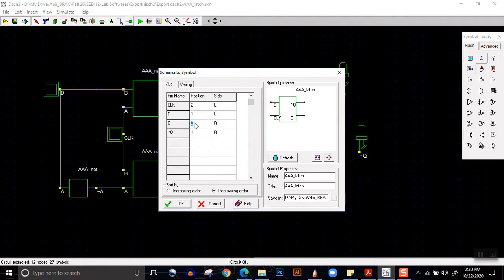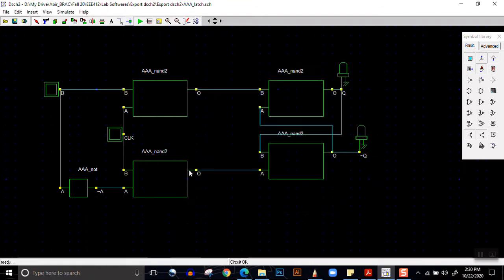So here we have 2 and 1. I type 1 here and 2 here. If you do that and you press, the Q would be at the top and Q bar would be at the bottom. Just the aesthetics of it, we don't require it to do this. It's just a simple beautification and nothing else. So okay, our latch has been designed and latch is working. The next step is